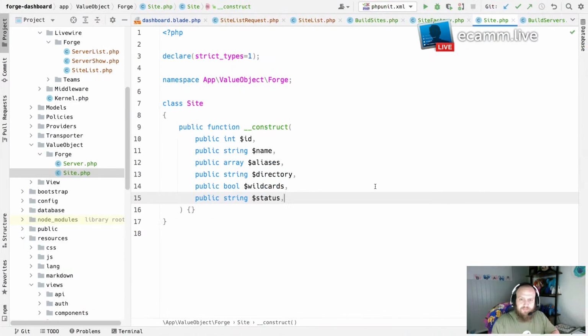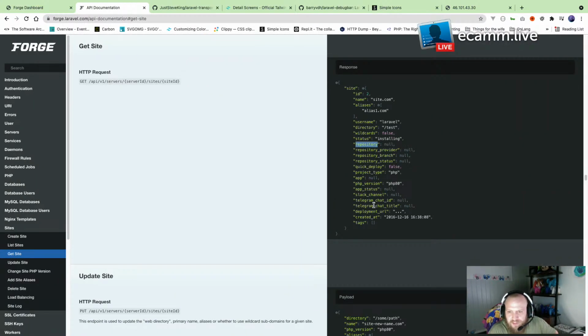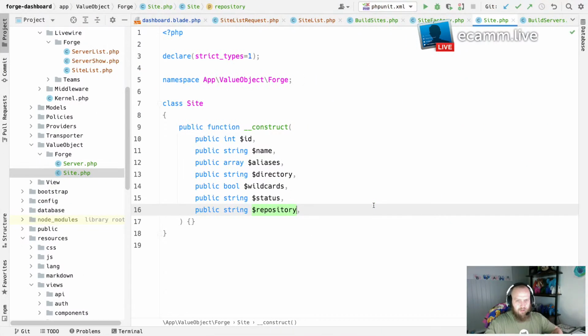Repository. I'd keep it that for now. I think all the other stuff I can do really well, and it's not going to add anything to this